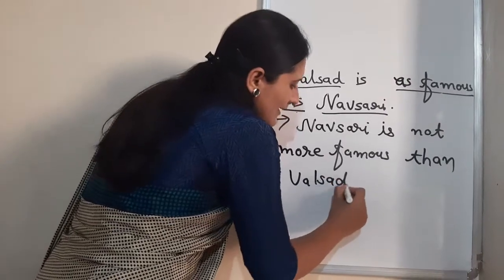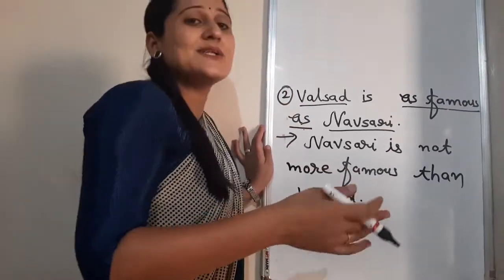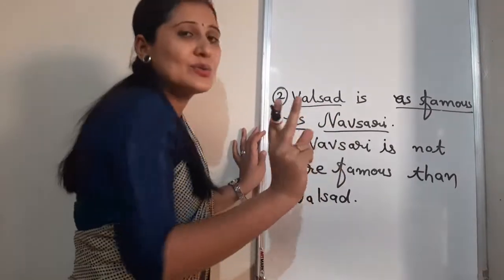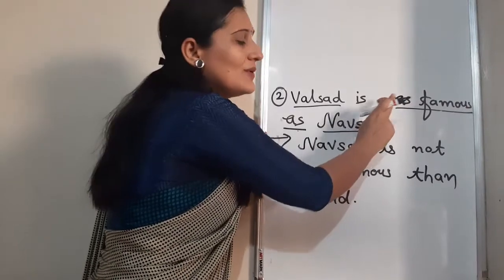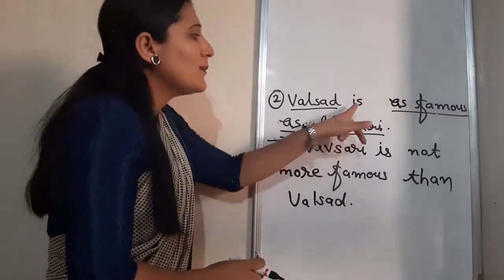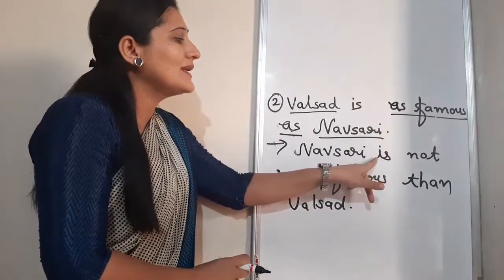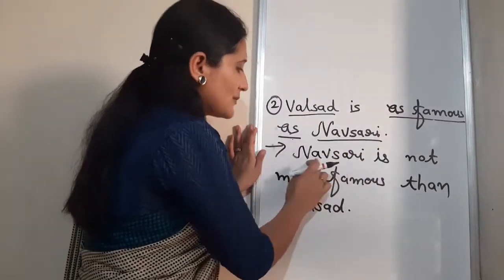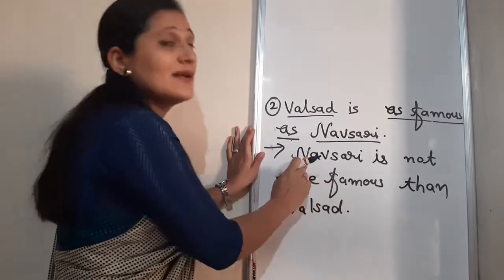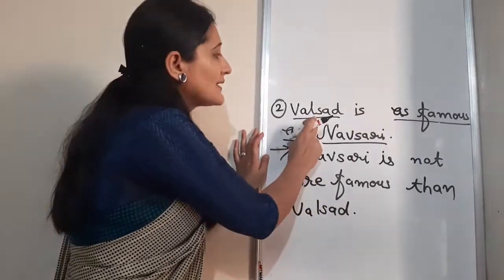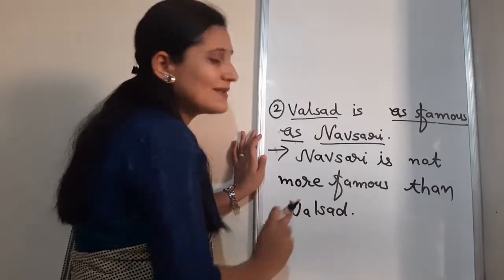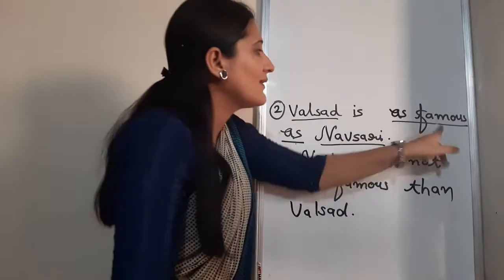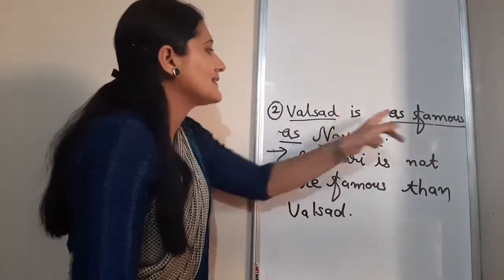You just see from the beginning, because this is the beginning, that's why I am taking a very simple example. Just see two subjects, check positive, then comparative degree will be negative. If positive degree, then comparative degree will be negative. Second thing you need to keep in mind, exchange the subject. See, Navsari is last in the question. In the answer, Navsari is first. And Valsad is first in the question. Then Valsad will be last. Here not is not given. We have added it.